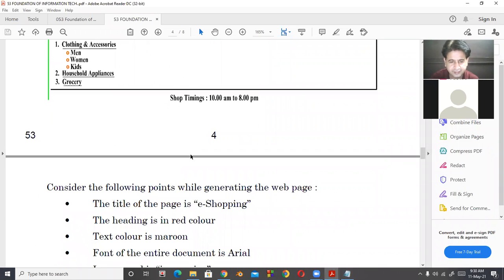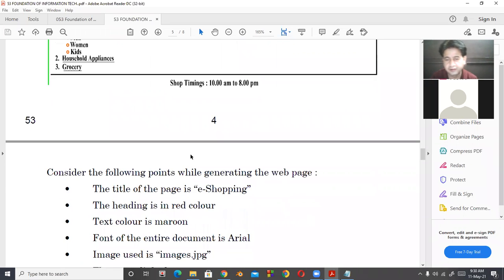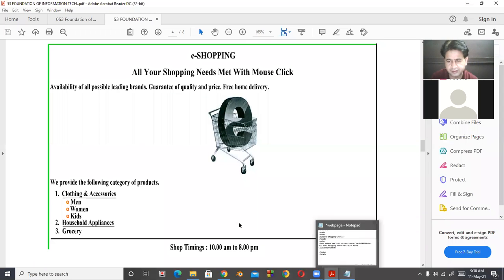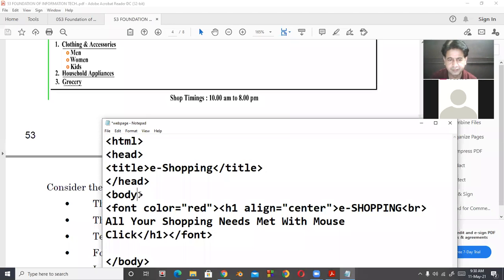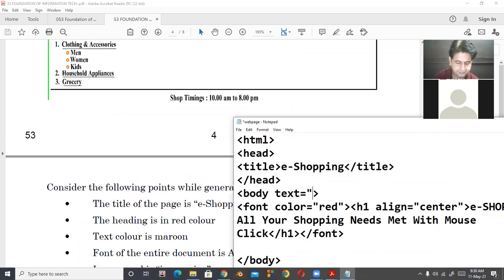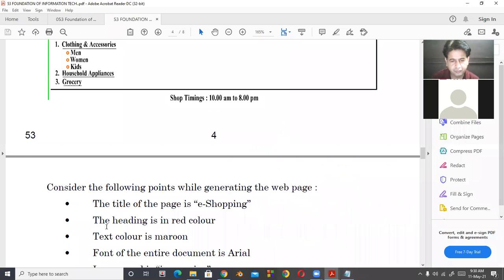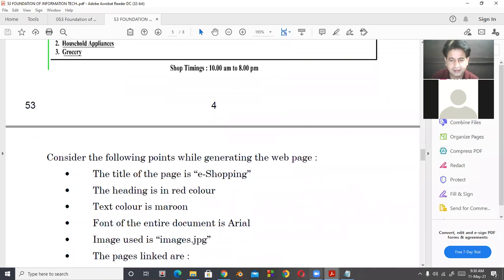Now they are saying text color is maroon, and they are saying text color of whole page, not about the title. So if you want to change the text color, you will have to take in body text equal to, they are saying take it as maroon. And moreover, font of the entire document is Arial.